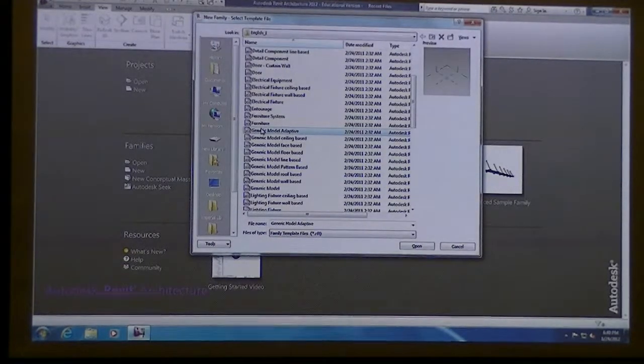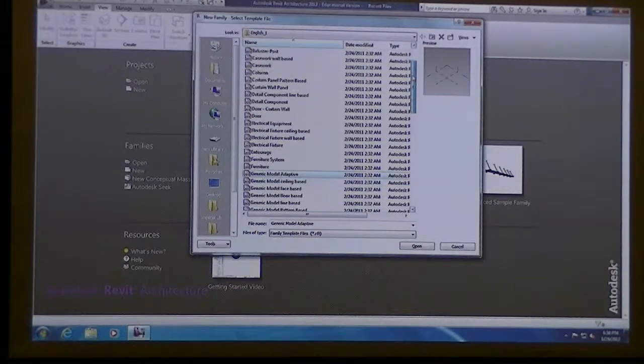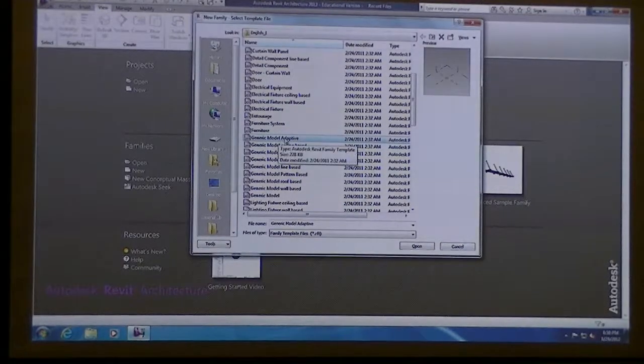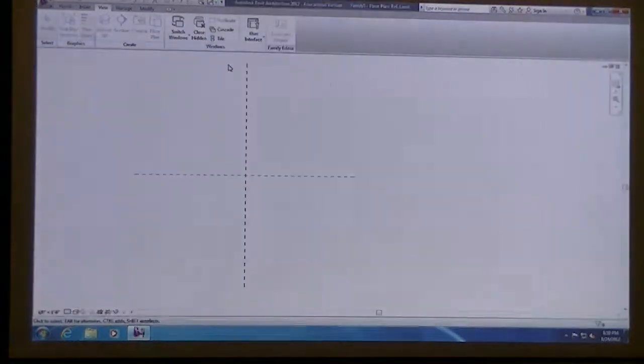If you're not using, everyone's using Revit 2012, right? If you have, on your own personal computer for some reason, an older version like 2011, it's not called Generic Model Adaptive, but the same thing is under a conceptual mass, and it's called Adaptive Component. In 2012, they changed it to be called Generic Model Adaptive. I don't know why, but to make it more difficult for you. Yeah. Show you that they're changing things. Yeah. I didn't know where it was.